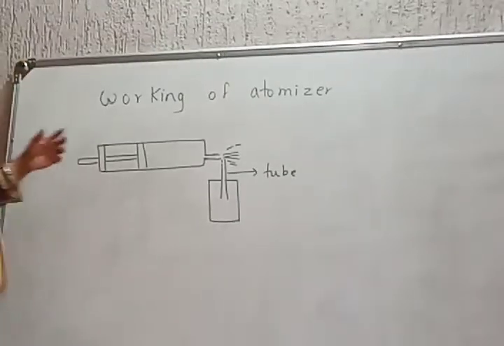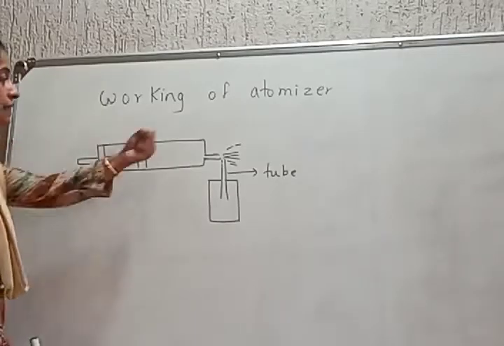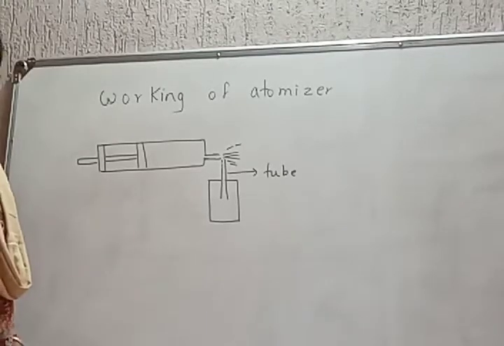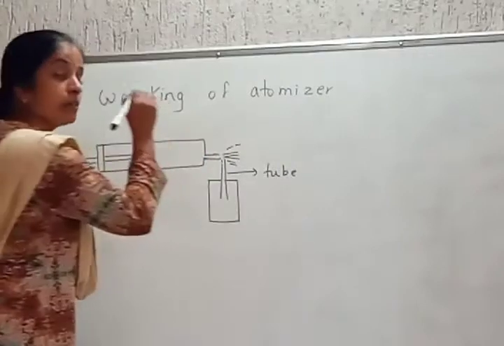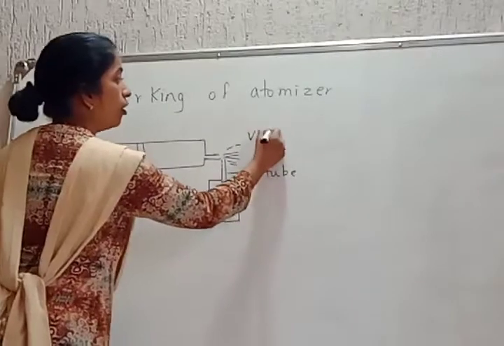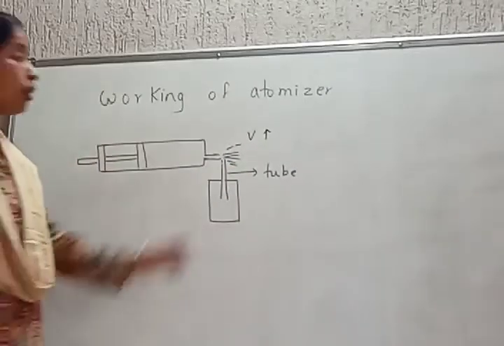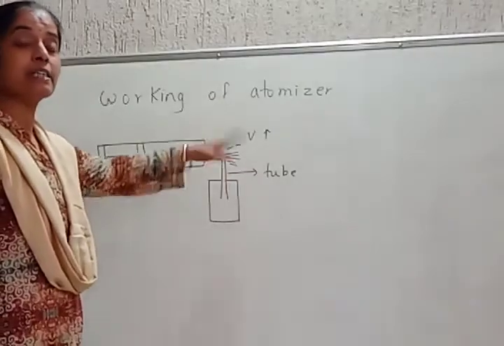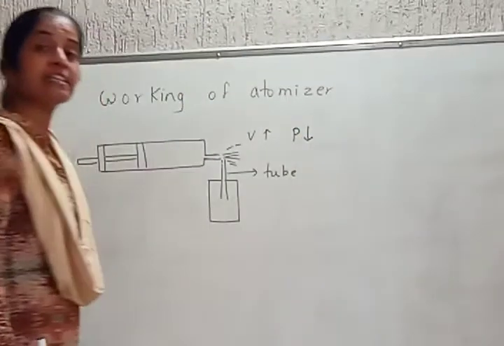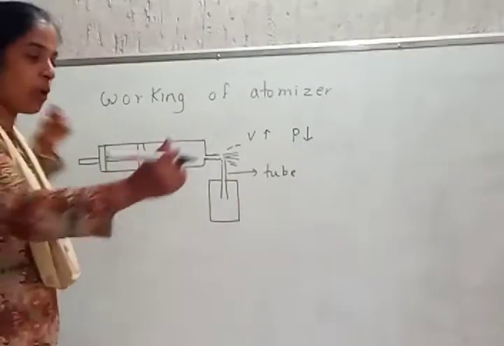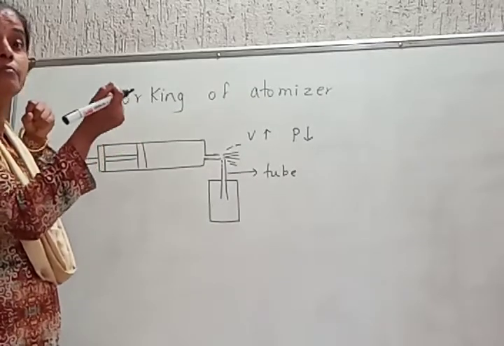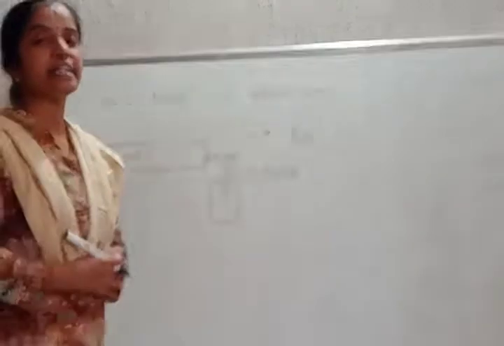That's it. With the help of piston, air is blown through the cylinder. The speed of air coming out of the cylinder is high. When the speed of air coming out of the cylinder is high, the speed increases, pressure decreases. Pressure decreases as per the principle of Bernoulli. In the narrow end the speed of particles is more, as they are overcrowded, so the pressure in that area is less.